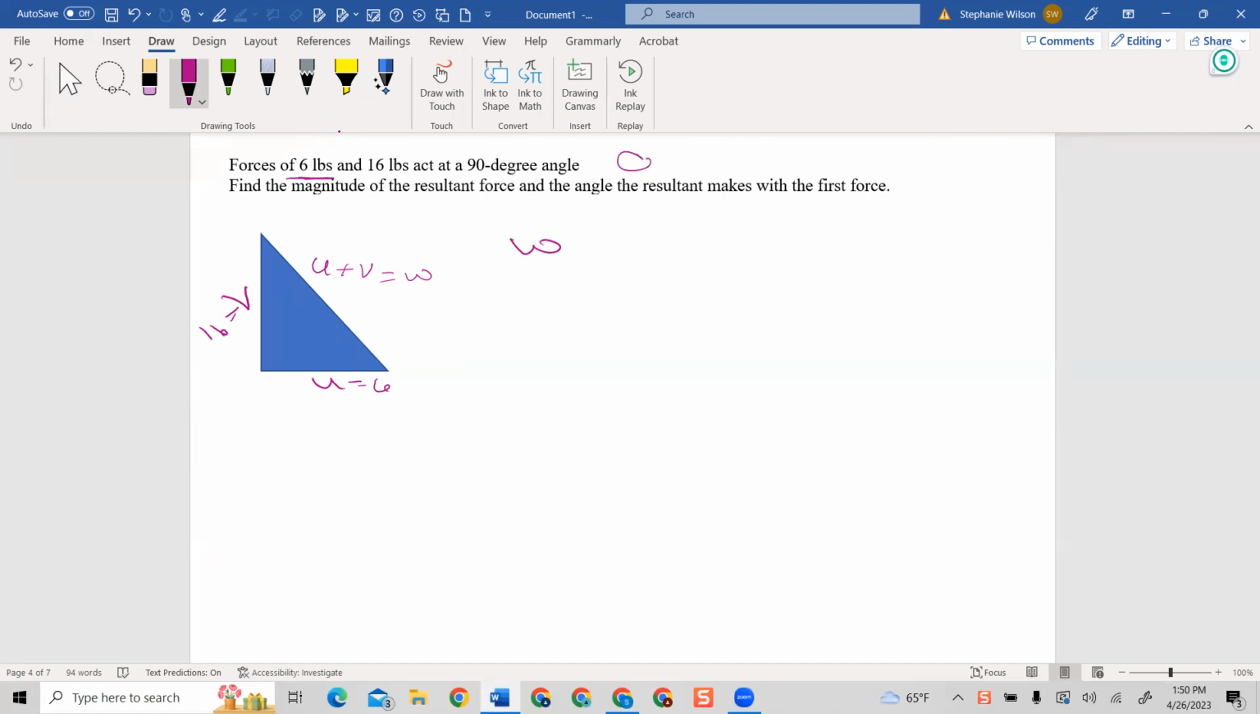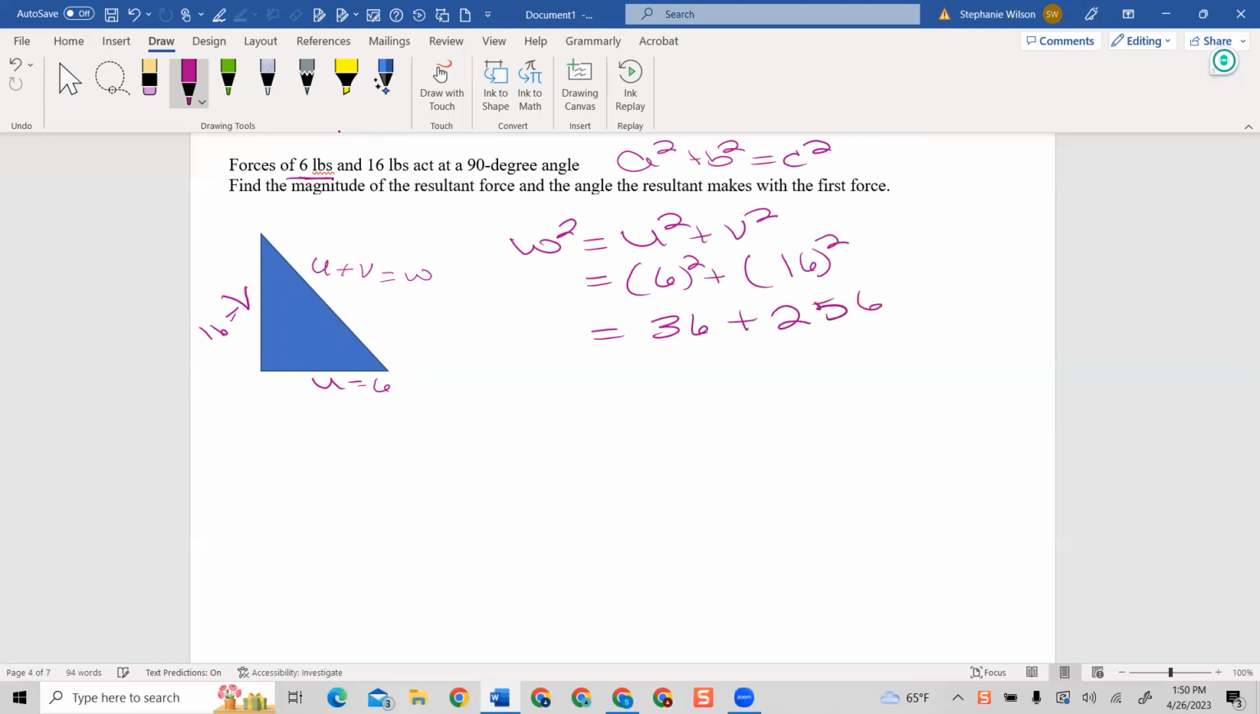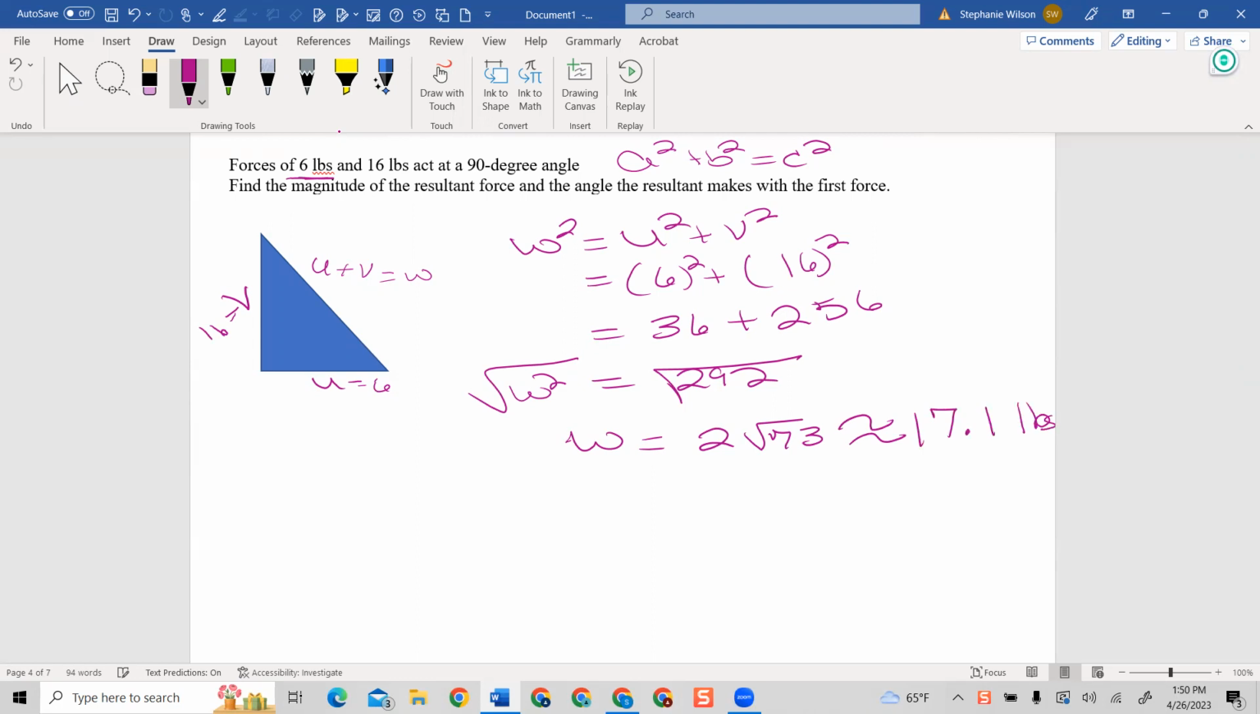So you all recognize the Pythagorean theorem is what's going on here. So we got W squared is equal to U squared plus V squared. U is 6. V is 16. So we got 36 plus 256, which is 292. So let's take the square root of both sides. So W is equal to 2 square root of 73, which is approximately 17.1 pounds. So that answers the magnitude